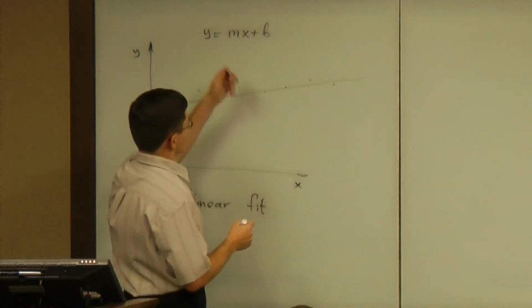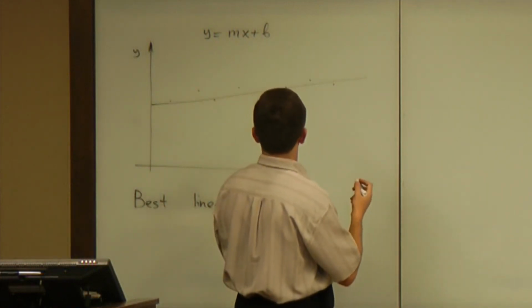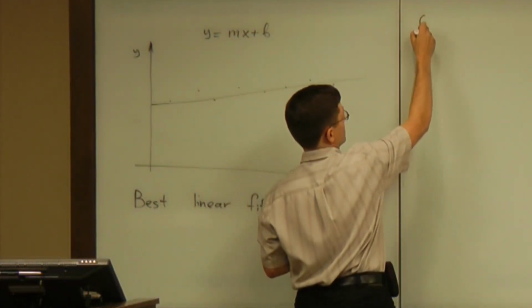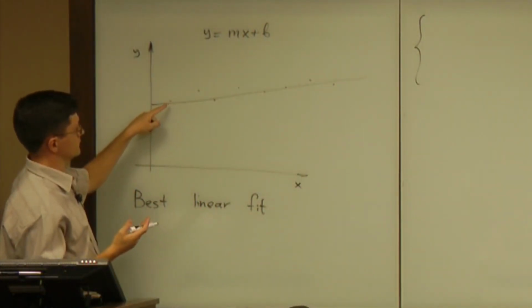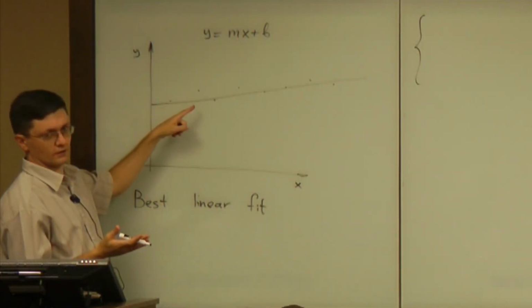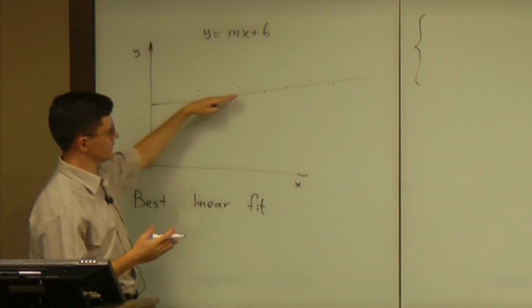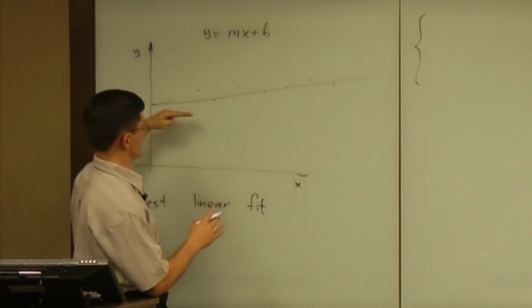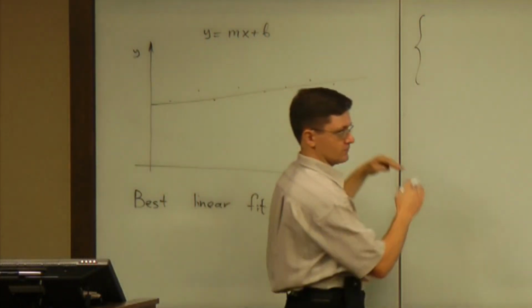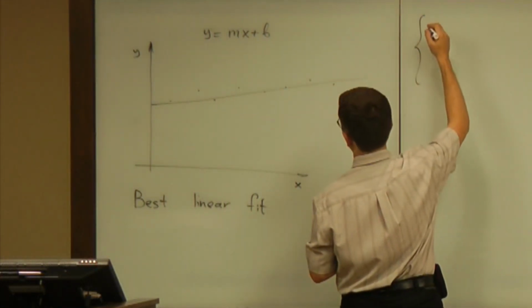So how do you do that? What's the setup? What's the algebraic setup? Well, the algebraic setup is that there is something you wish for. You wish that all these points belong to one line. And that would be an ideal situation if you have them exactly aligned. And that means that